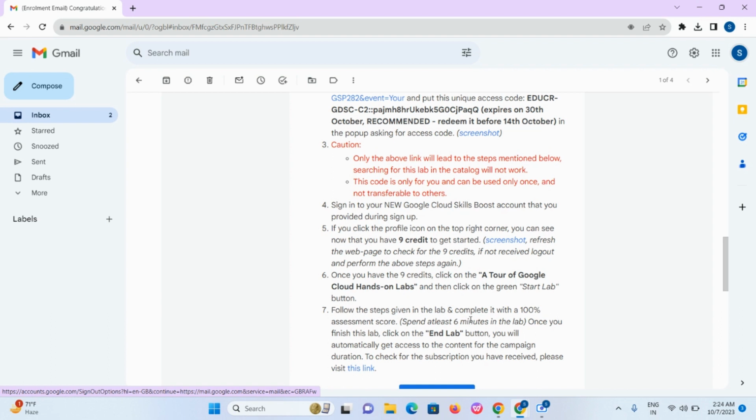We have all done this. Now you'll automatically get access to the content of the campaign. That means that once you do this, you'll get access to the contents of the campaign. Otherwise, you won't get it. So, to check whether you got the subscription or not, click on this link. I hope you can see this hyperlink here. Click on this link